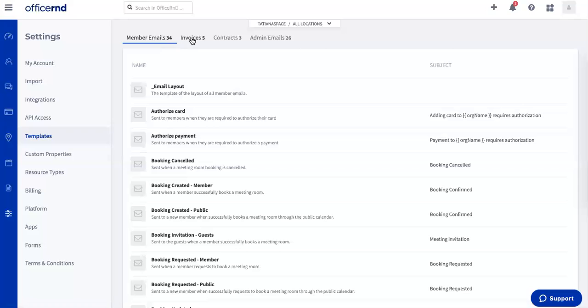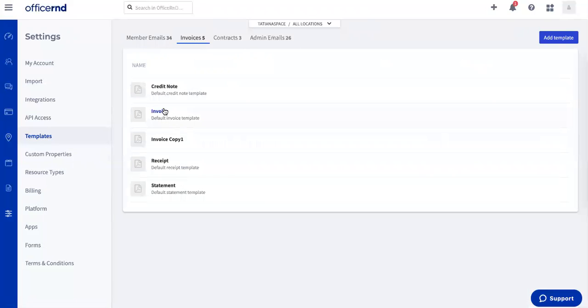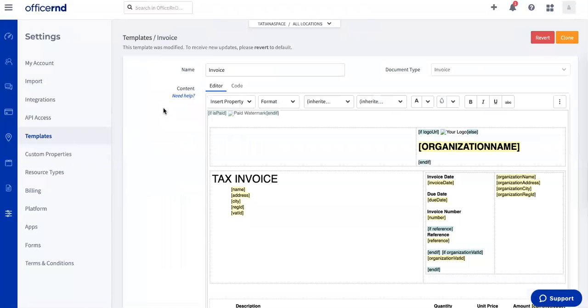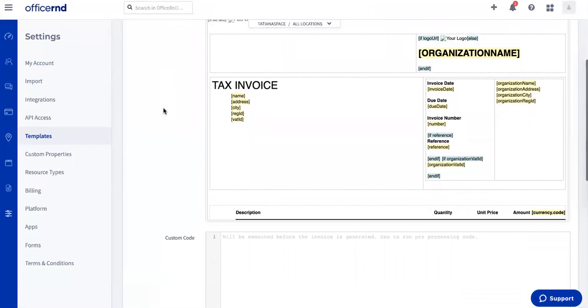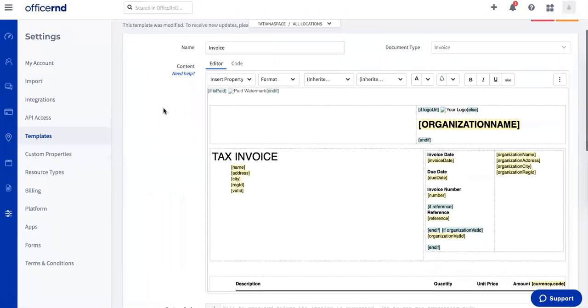Templates, Invoices to include the new property you've now created. Since this task is a little bit more technical and requires basic HTML knowledge, if you need assistance with it, please reach out to